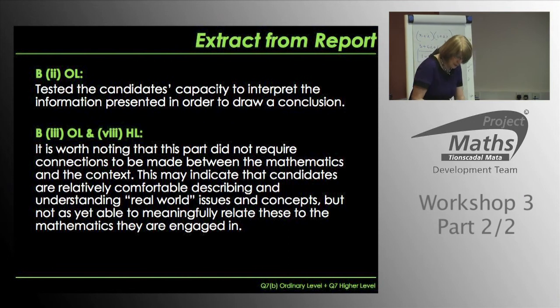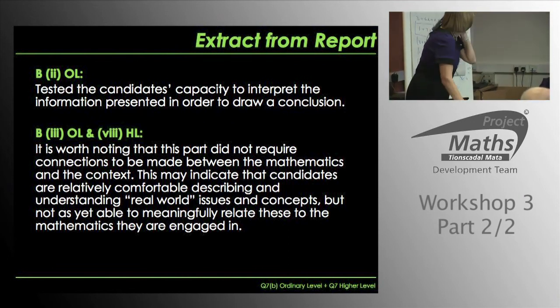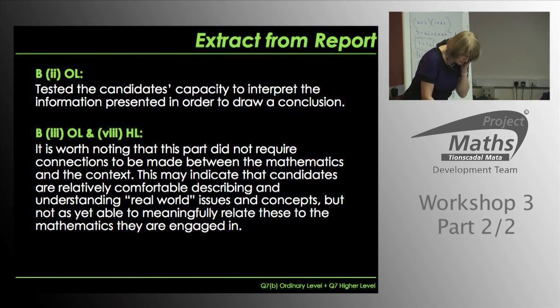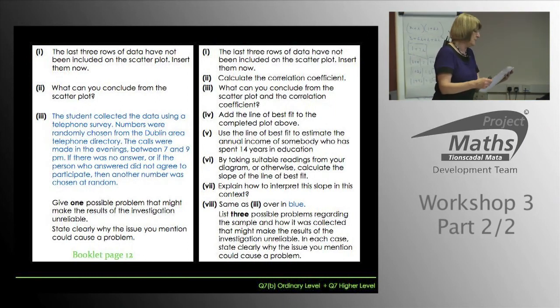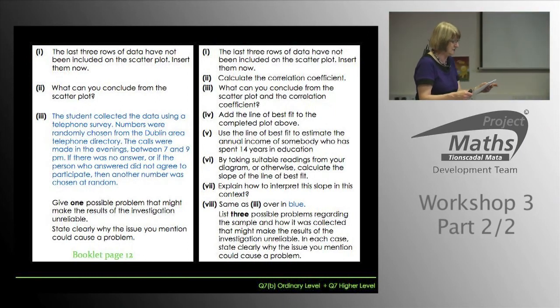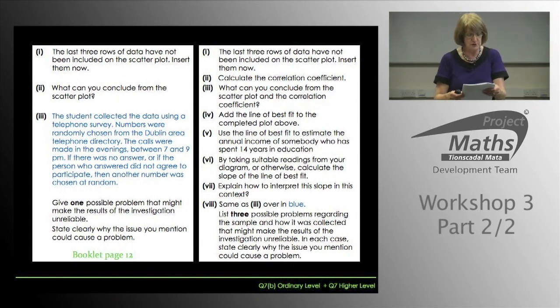Now, if you look at page 12 of your booklet, part 3 of the ordinary level question and part 8 of the higher level question are very similar. Okay, the student collected the data using a telephone survey. Numbers were randomly chosen from the Dublin area telephone directory. The calls were made in the evening between 7 and 9. There was no answer. If the person who answered did not agree to participate, then another number was chosen at